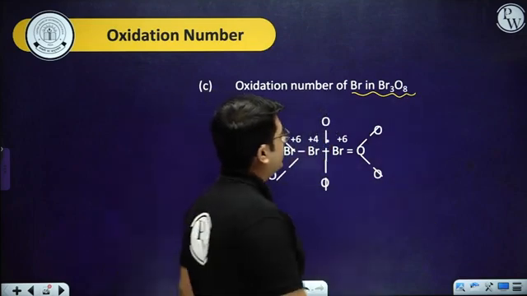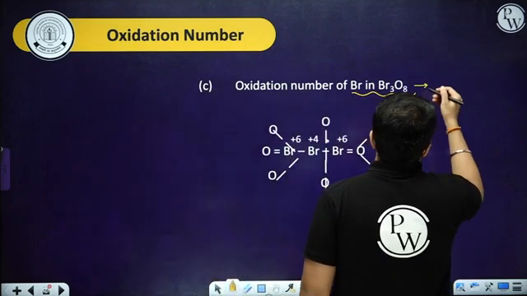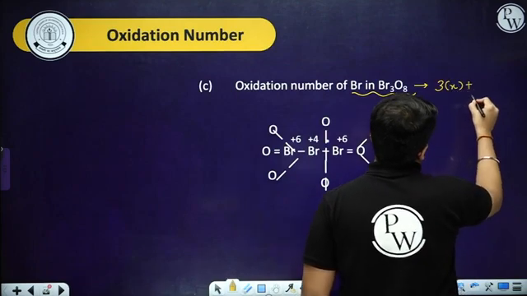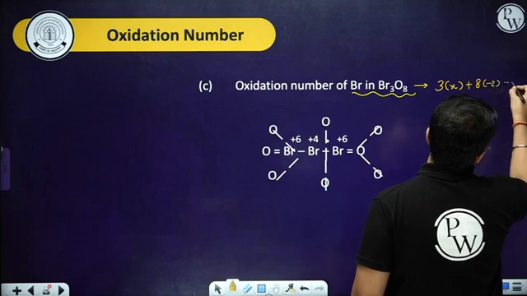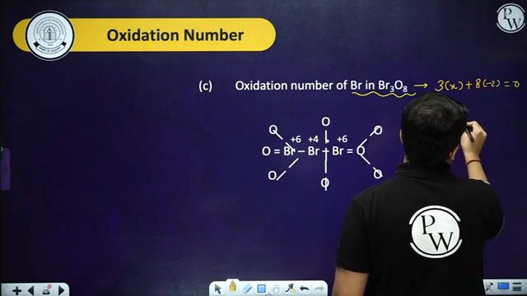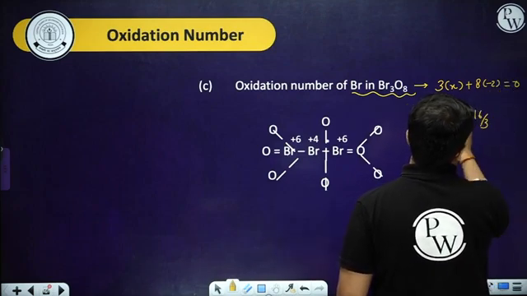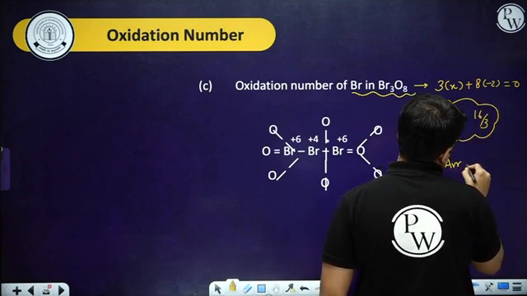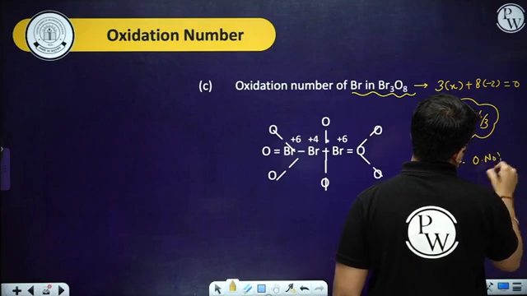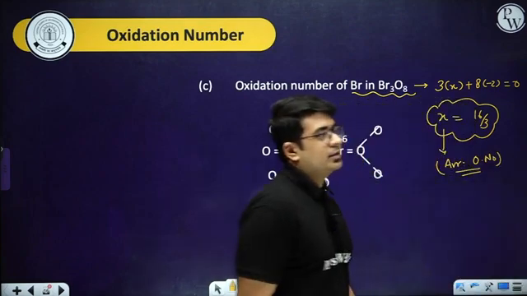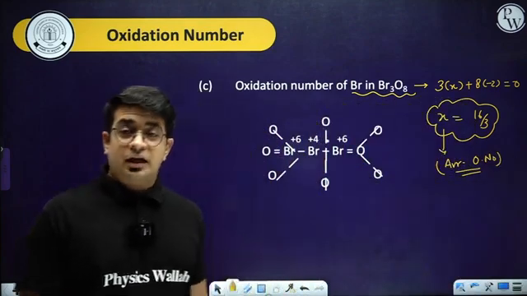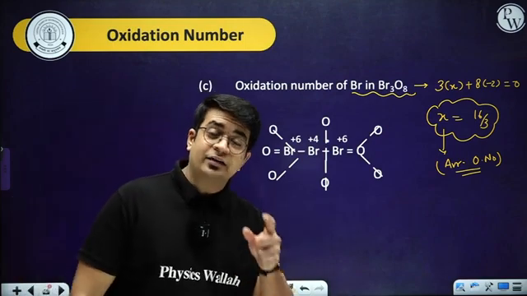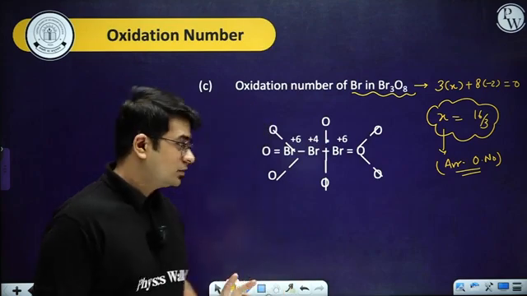So, in case of Br3O8, I can talk about the calculation. So, 3 bromines are there having X oxidation number plus 8 multiplied by -2 will be equal to 0. You can say X will be equal to 16 by 3. Again, you can see this is nothing but the average oxidation number. So the oxidation number can be 16 by 3, fractional, but that is average. If I want to talk about the individual one, then I have to draw the structure and I can calculate the individual oxidation state. Okay, so that's the difference.